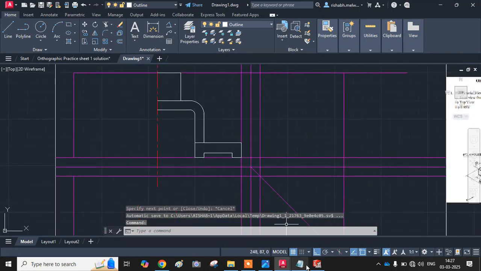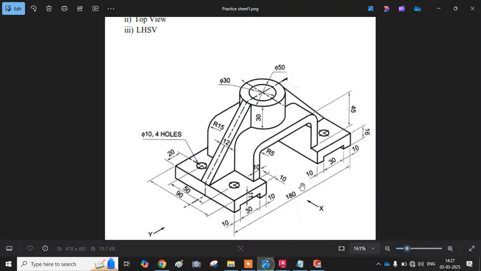Now if you observe, I have created the front view, na. This portion few things are still remaining. What are those? Hidden lines. So that also I'll draw and then I will do mirror. So hidden line भी mirror हो जाए, सब कुछ mirror होगा एक साथ, मिरर की जल्दी नहीं करने का।